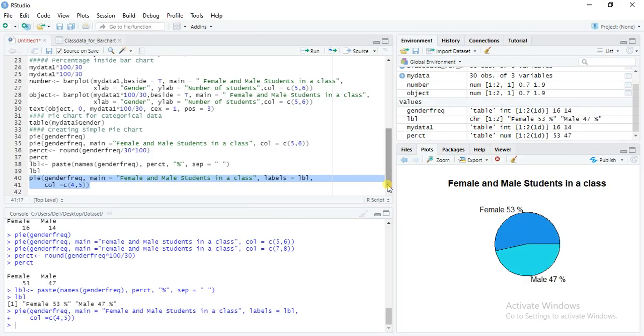Now I want to write another script for creating charts after the bar chart, pie and bar chart. There are two, bar and pie chart. Okay, we have created two. One is the bar chart and the second is the pie chart. In both cases, we can present our data as frequency as well as percentage. Okay, thank you very much.